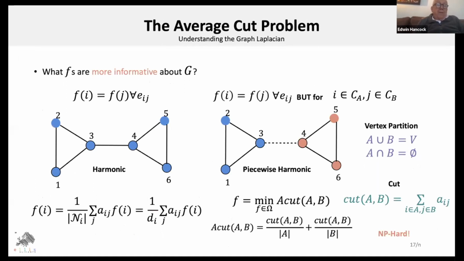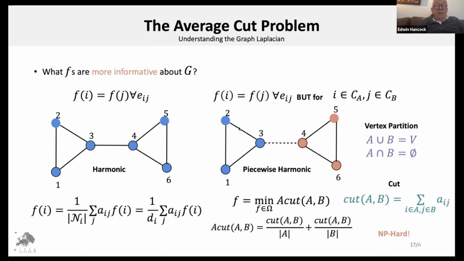Okay, so we want to define a little bit more about these functions and choose some ones which can be useful leading on to the graph rewiring problem. So if we have a function where the values are all the same on the different nodes, this is the harmonic case. But more interesting for the problem of dealing with graphs, and particularly partitioning the graphs into sets of disjoint nodes, is the example I've